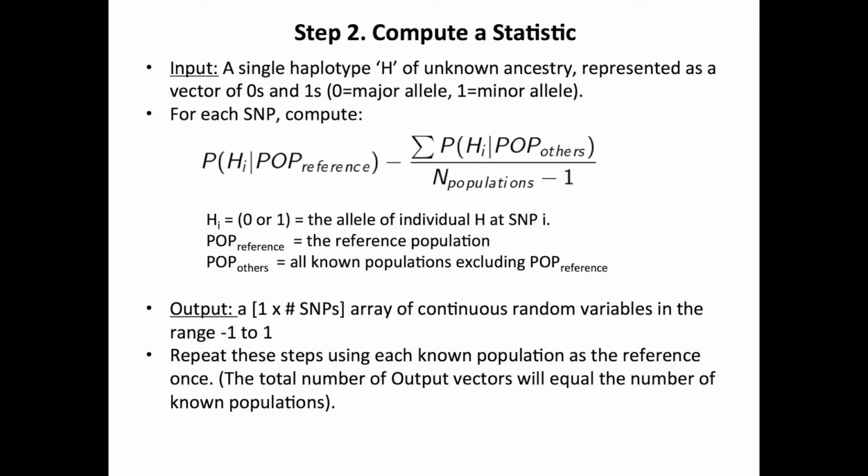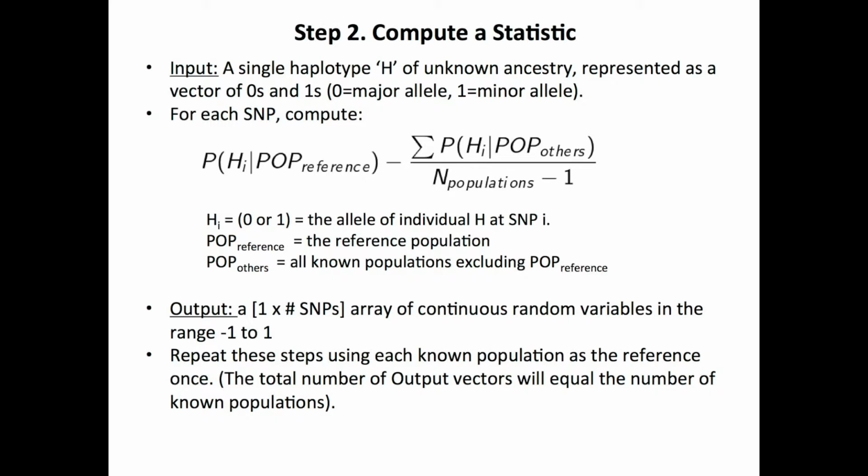The way this statistic works is if you first set one population aside as a reference population, it could be any of the populations, and we're given a test individual, we want to know this individual's local ancestry, then we can look at which allele this individual has at each position. And the first thing we see is what is the frequency of that allele in the reference population. And we subtract from that the overall frequency of that allele among all of the three populations.